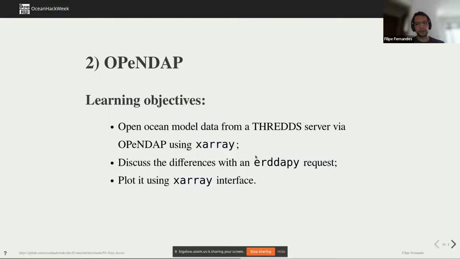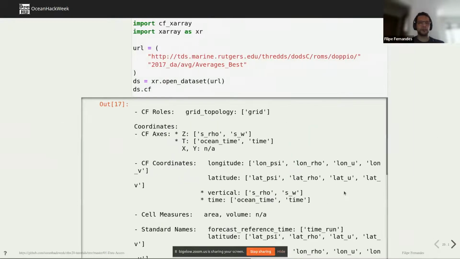We're going to try to discuss the difference between an ERDDAP request and an OPeNDAP request, and then we're going to plot the data that we requested using the Xarray plotting interface. So the very first thing that we're going to do, I don't like raw Xarray. I like the CF Xarray. And this is a package that Deepak created that leverages the climate and forecast metadata and allows us to do